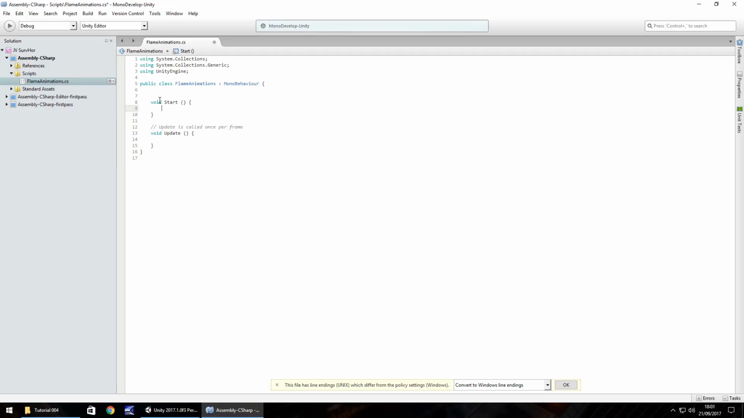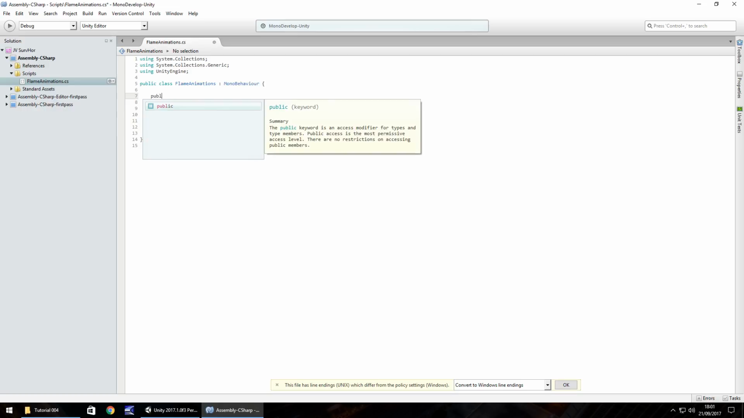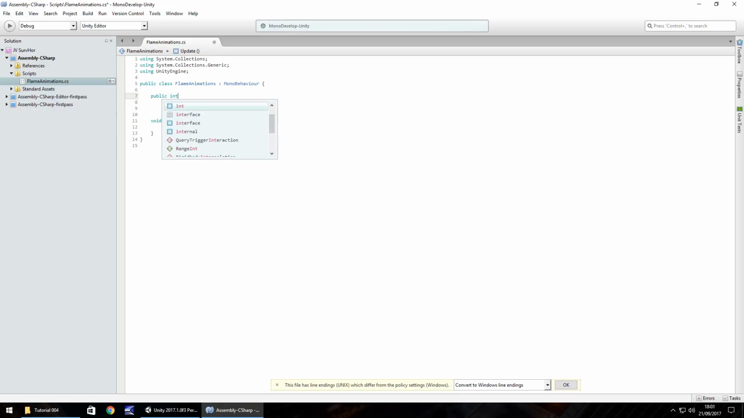The difference between start and update is that update runs constantly and start just runs once, which is when the script starts. So with this present moment, we don't actually need void start because everything we're doing needs to run constantly. So what we need to do is declare a couple of variables. Now a variable is something that we can reference within the game. So that can be numbers, it can be objects, it can be strings, it can be pretty much anything within the game world. And to define a variable, we need to type the word public int,